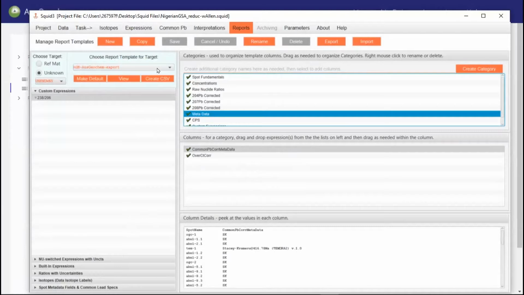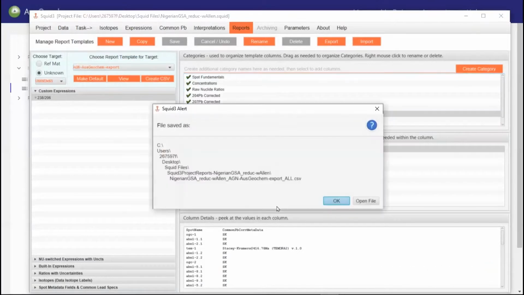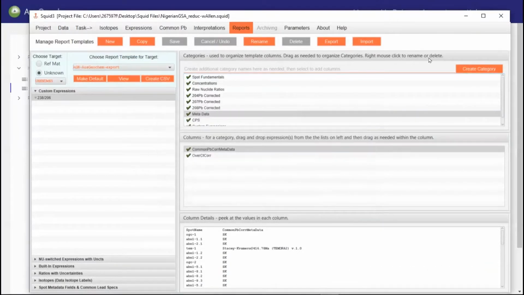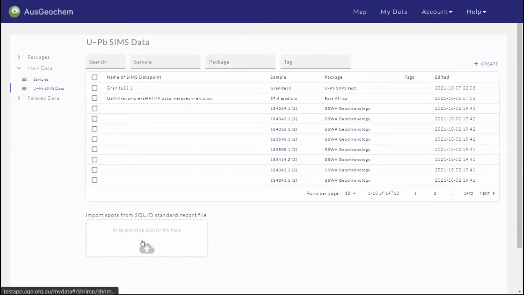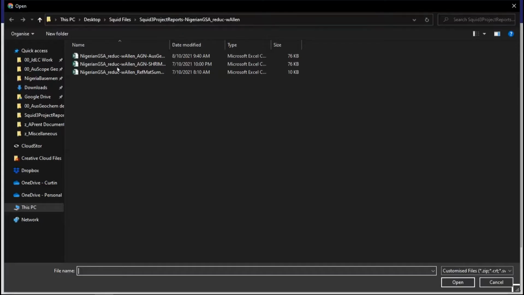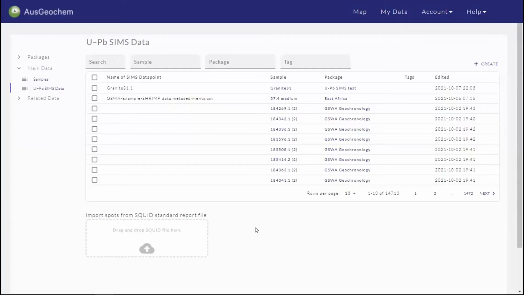This template will be available through Cerdals, and you can download it there. Create CSV, go back to AusGeochem, and either drag and drop or select the SQUID file there. So we select this SQUID output file. You'll see it imports